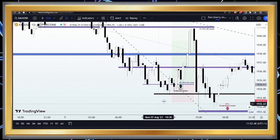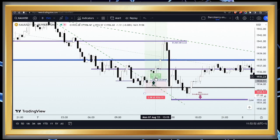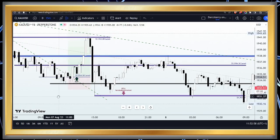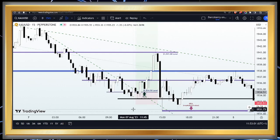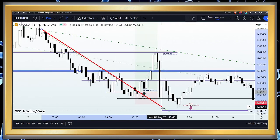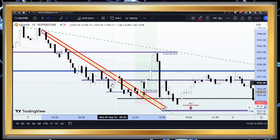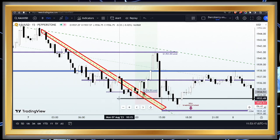So I want to scale down into the 15 minutes time frame so I can share with you what we saw during our live session yesterday and what we said we are going to be doing with our structure. So the first thing we observed here on the 15 minutes time frame was our price action was very bearish. So we connected the series of lower highs to give us this descending trend line that you have on your screen. Then we noticed that as soon as price tested that